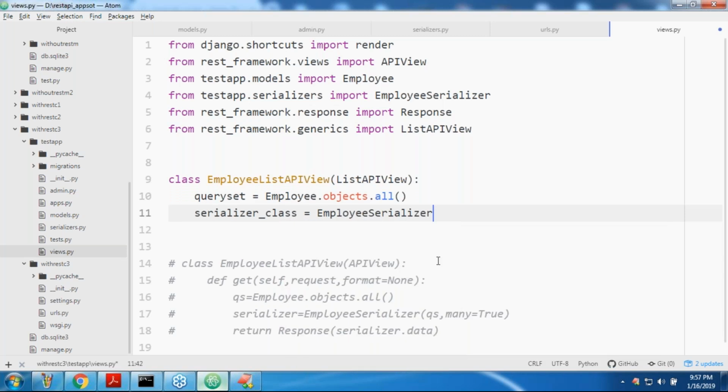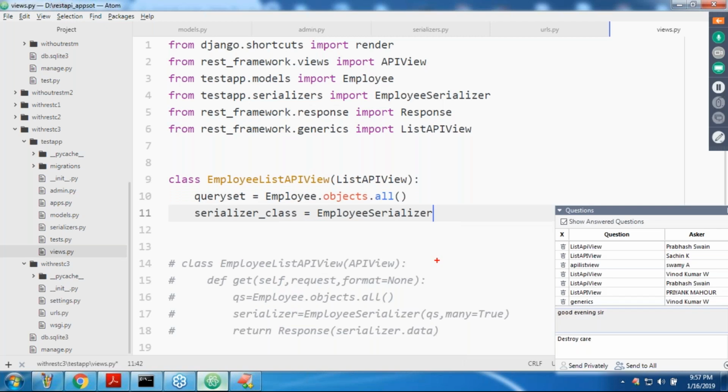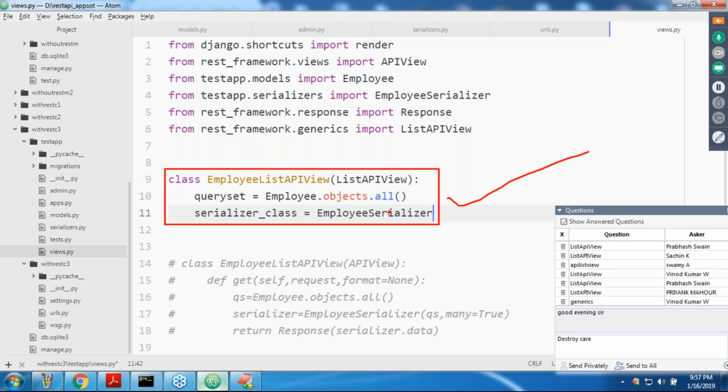These two lines are more than enough. We are not required to write the get method or any of those things. Just specify queryset and serializer_class. These are reserved, predefined words from ListAPIView.